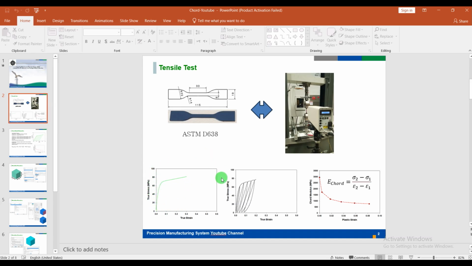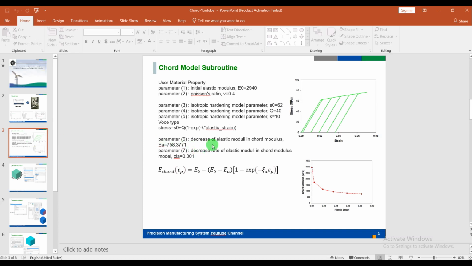After preparing the material property related to the tensile test, we need to find our elastic modulus for use in the model. As you know, our elastic modulus decreases during loading and unloading, so it's necessary to find the Young's modulus